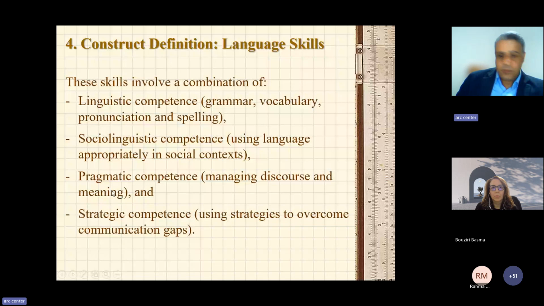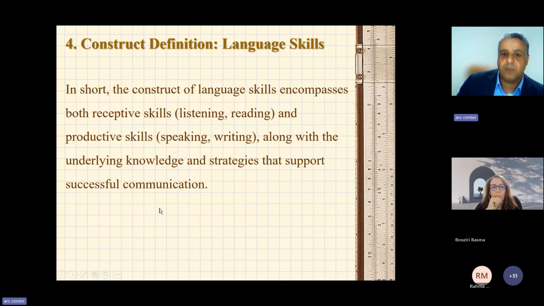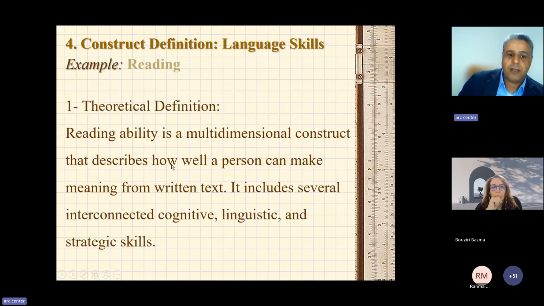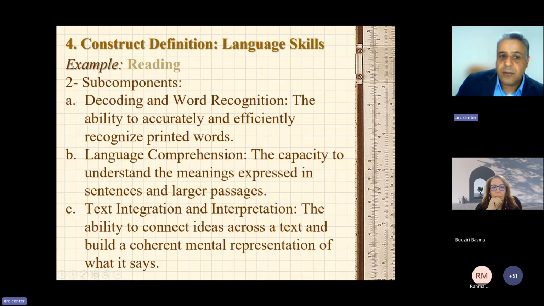As I said, when I mentioned this, reading has a theoretical definition. It is a multidimensional construct. There are higher order skills and lower order skills, and usually we have these subcomponents in reading: decoding, word recognition, language comprehension, text integration, interpretation, metacognitive strategies, and then motivation and engagement. All these need to figure in the items, but